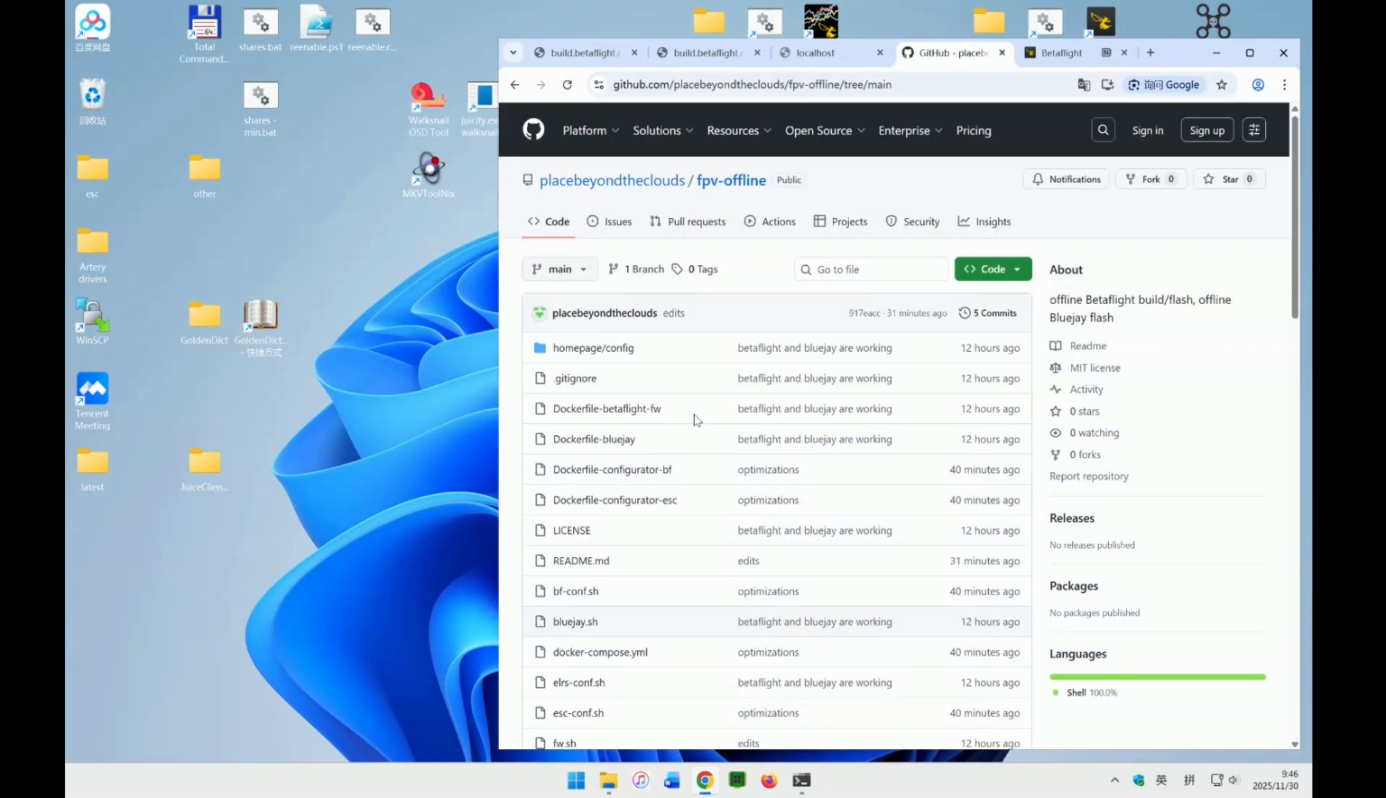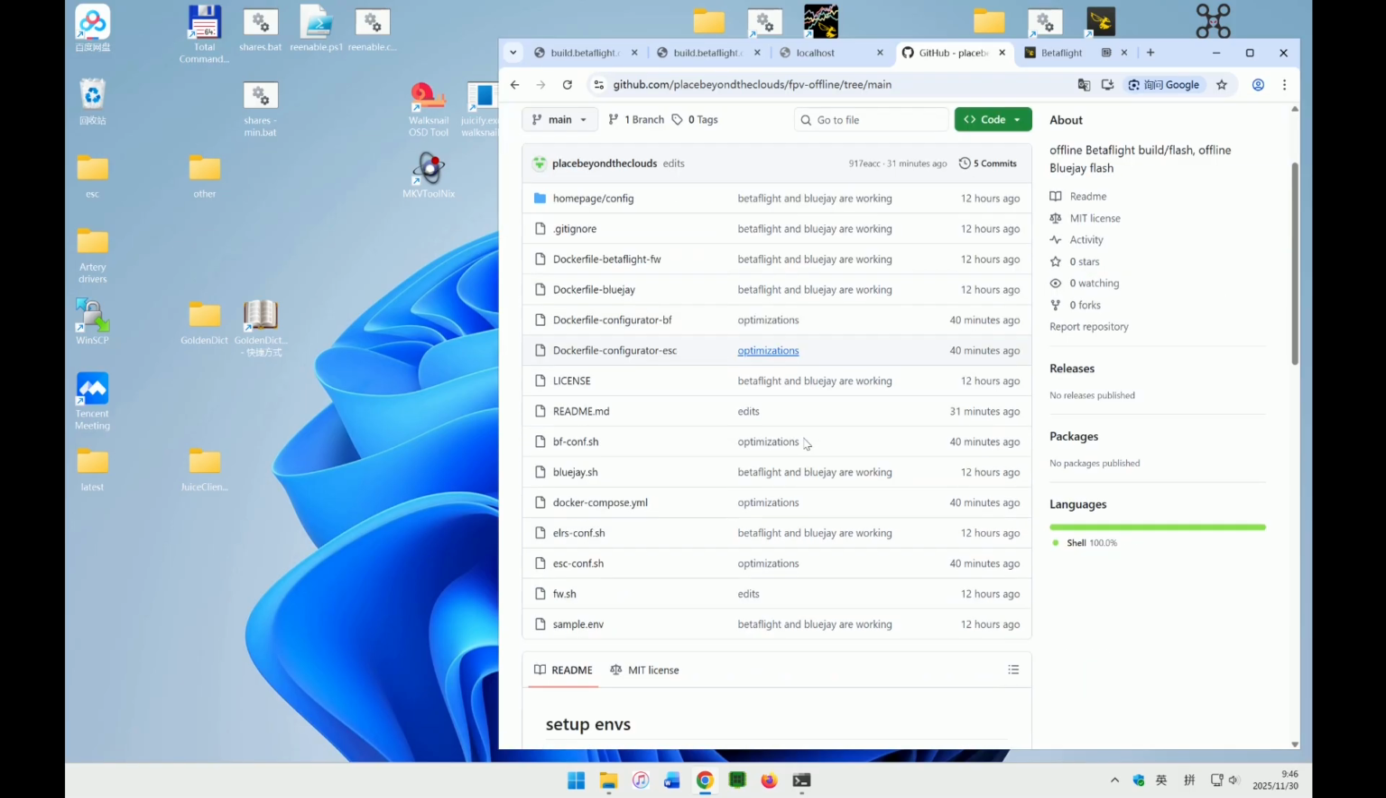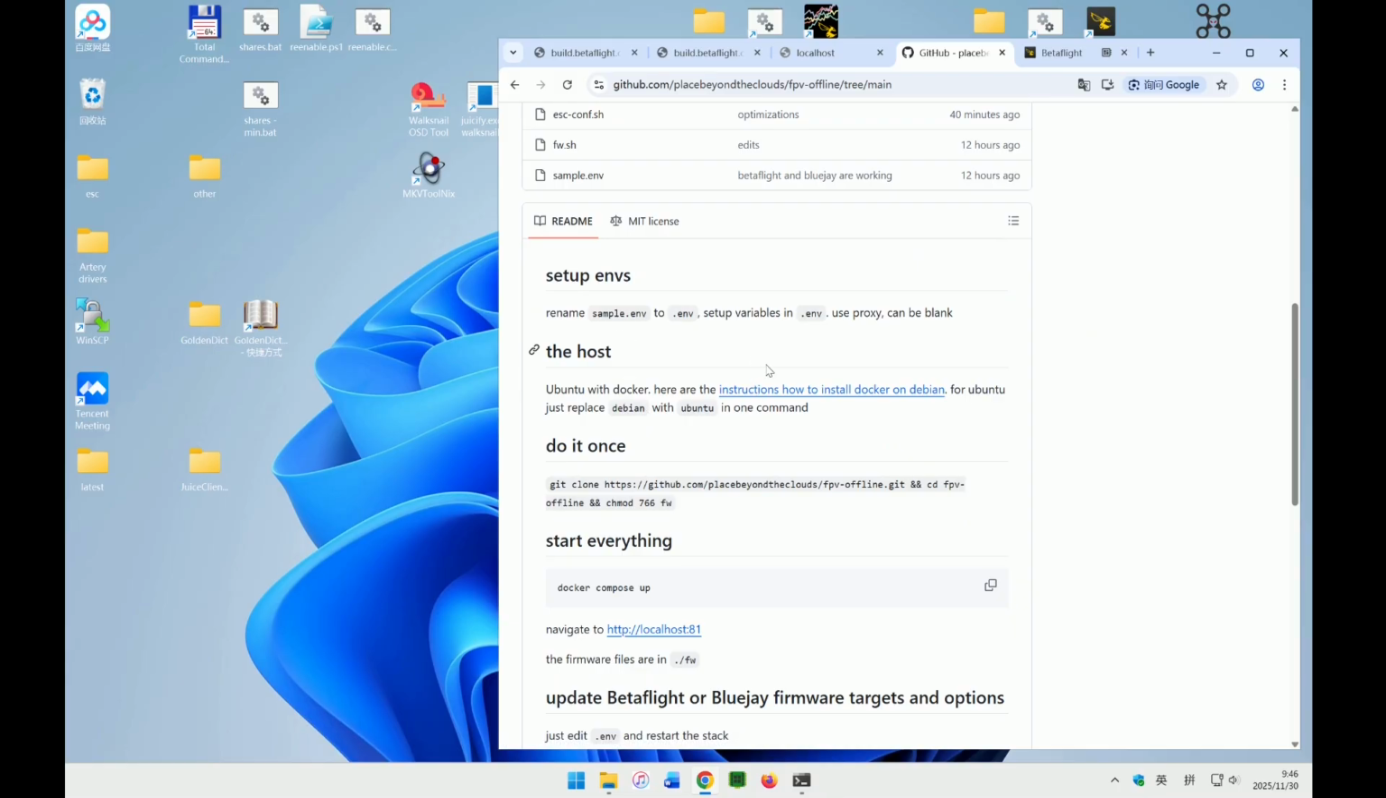What it does is start 5 containers and build Betaflight and configurators locally. This stack automates building Betaflight firmware, downloading BlueJ firmware, and builds local versions of ESC configurator and Betaflight configurator that are not connected to the internet. So the process of flashing the flight controller and the ESCs can be done fully locally